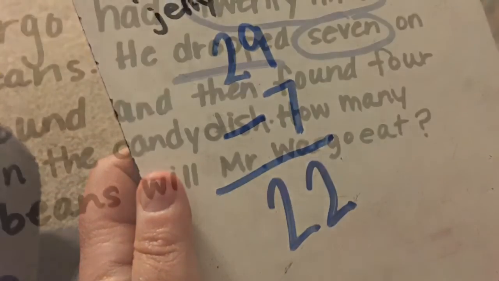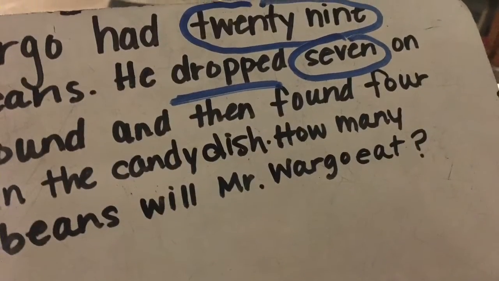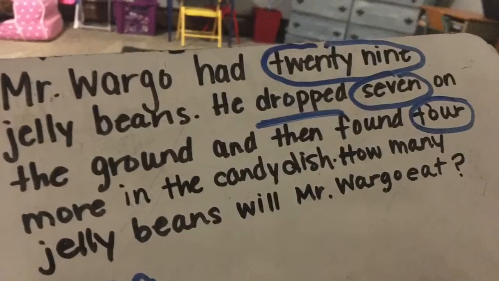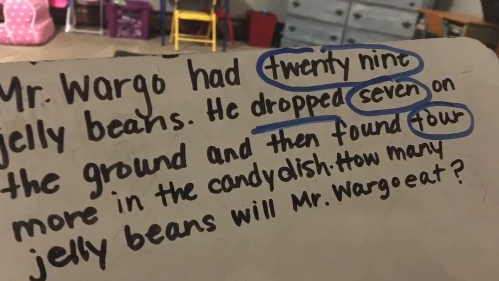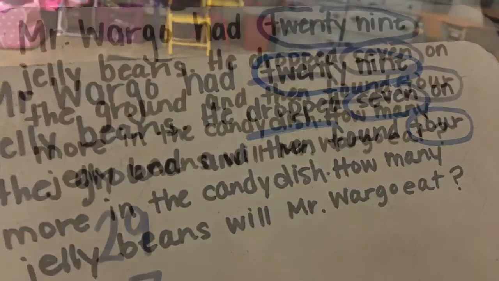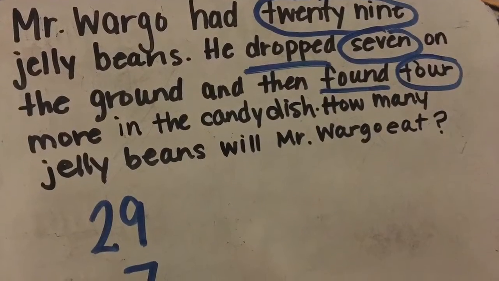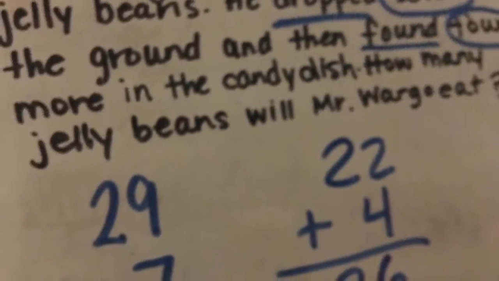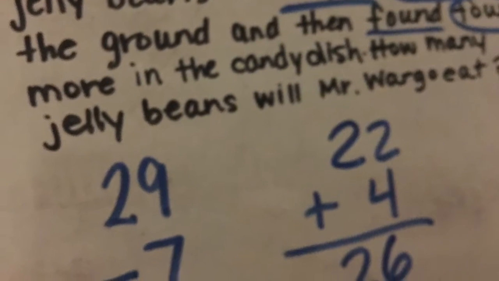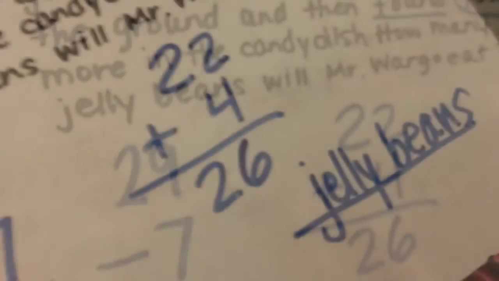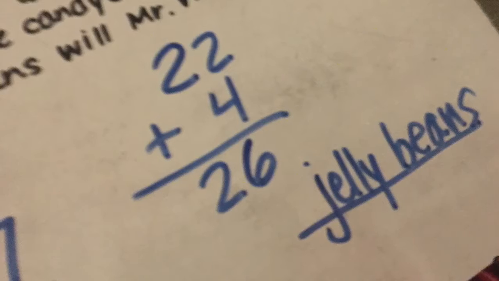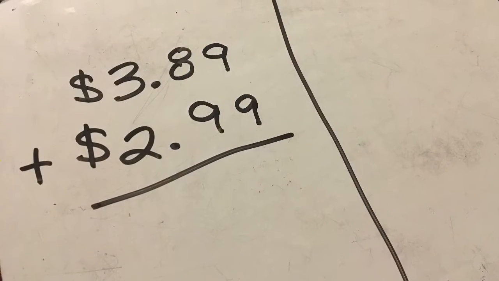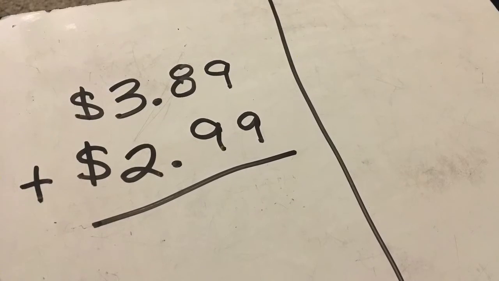The next part of that, we have to then add in those that he found in the dish. He found 4 more. So we're going to take our 22 and add the 4 more that he found. So 22 plus 4 is 26. And again, we have to label: jelly beans. The next one, we have 2 amounts of money, $3.89 plus